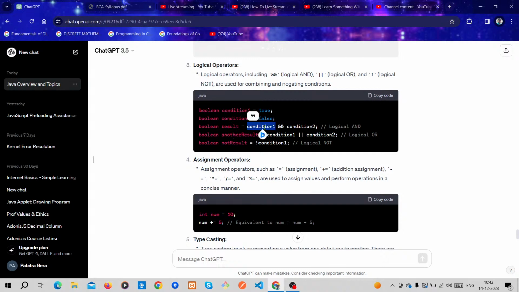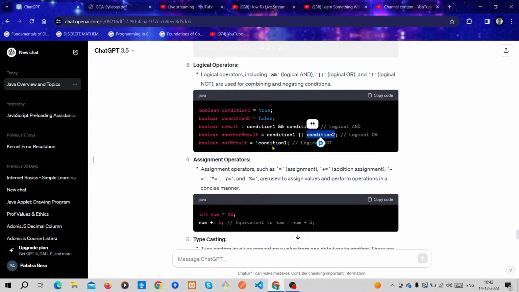For condition 1 and condition 2, if both are true, then the result would be true, else false. Then another result: condition 1 or condition 2. If one of the conditions is true, then the result would be true.